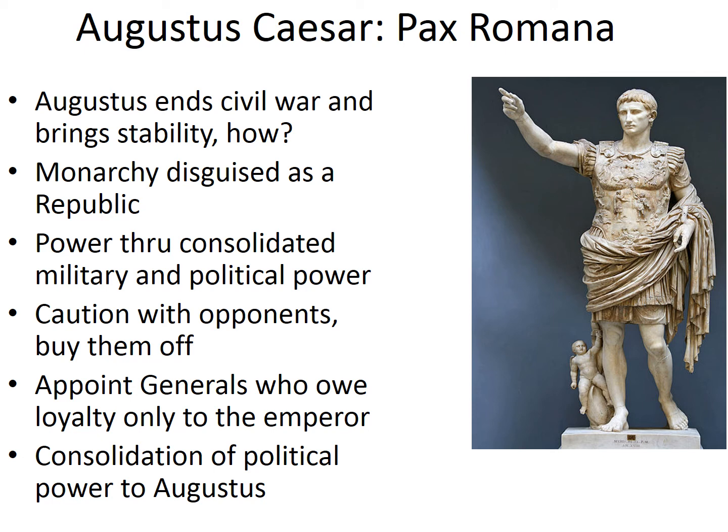He also consolidates military and political power. He reforms the military, and he uses his rise to power in purging the enemies that had been associated with the assassination of Julius Caesar as an opportunity to consolidate power. He appoints those who are loyal to him. He consolidates all power behind Augustus Caesar. And he's very cautious in his dealings with his opponents. He makes sure that his opponents in the Senate still feel as though they have power. He effectively is very savvy with preventing alienating those who might